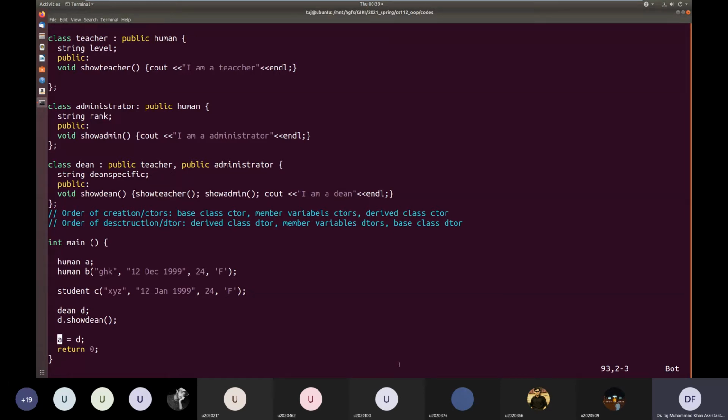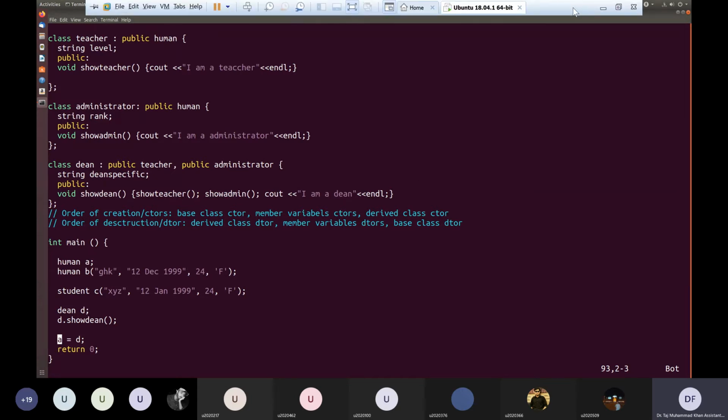So in this copying, it will copy the part of Dean that is human into the object A on the left hand side. It cannot copy the whole object of type Dean because object A does not have enough space to hold it. But there is some commonality between these two objects because Dean has inherited from human, so it will only copy the human part of the Dean into object A.